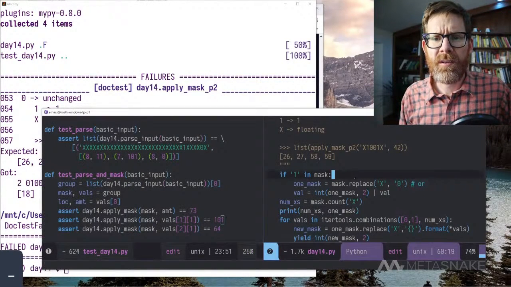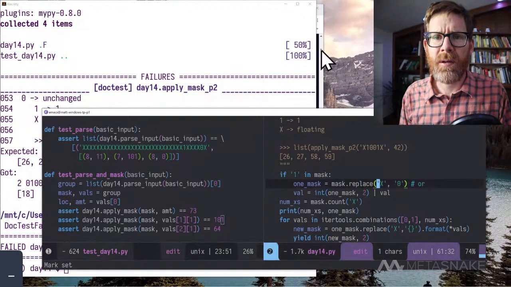Okay, and why did I replace x with 0 here for my one mask? I don't want to do that. I want to replace